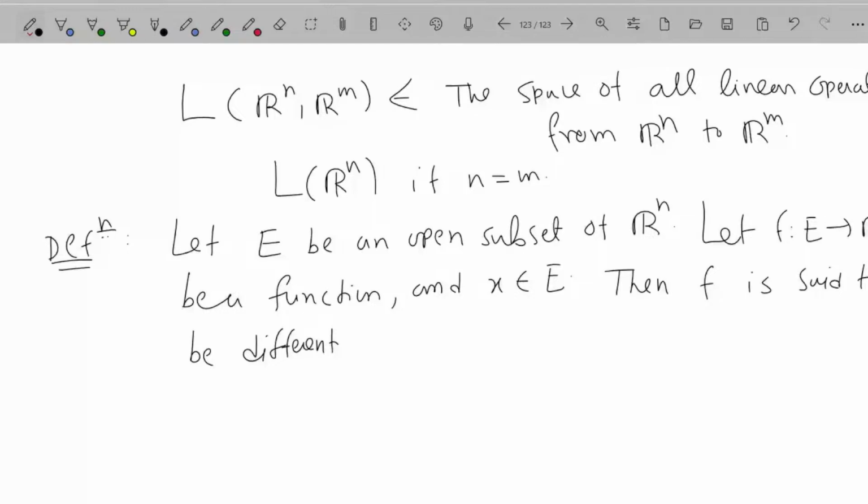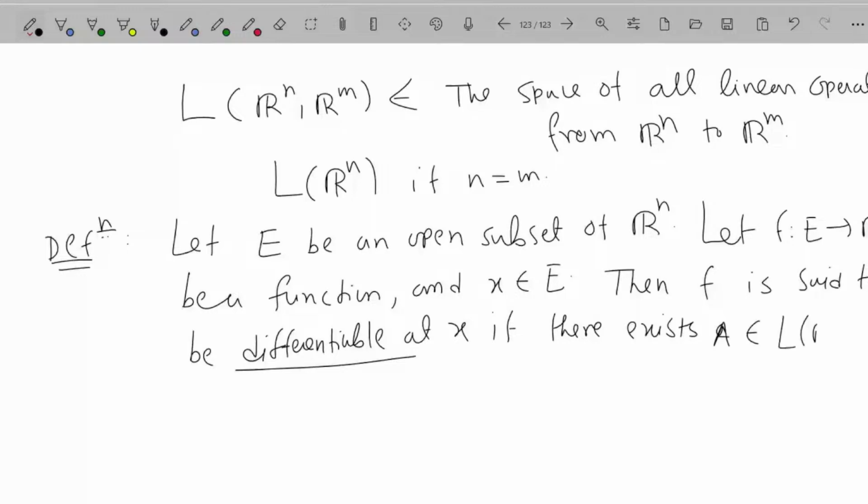So this is the definition we are writing: differentiable at a point x if there exists, and that's a very important thing, it does not mean that it will always exist. So if there exists a linear mapping, let's say A belongs to L(Rn, Rm), a linear mapping from Rn to Rm such that,